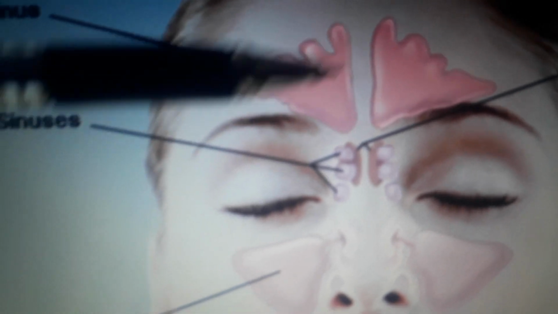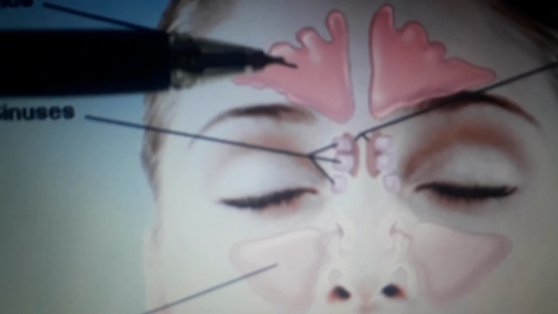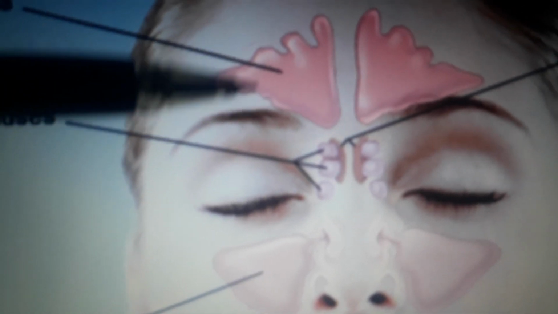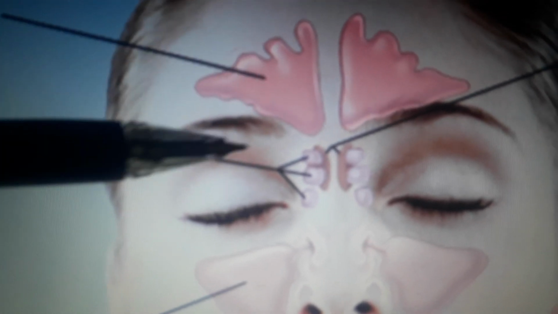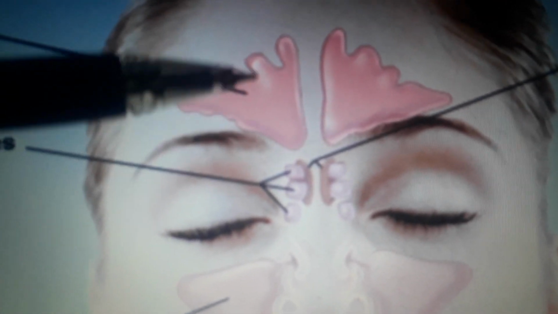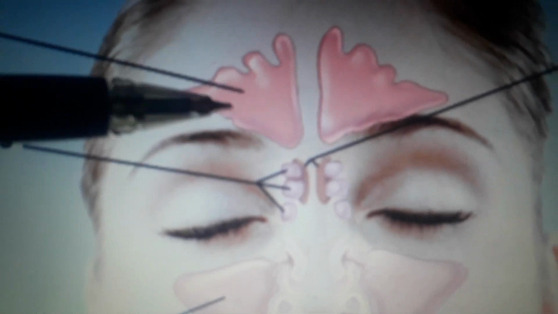Discussing the frontal sinuses. The frontal sinuses are situated in the frontal bone. They are separated from each other by a bony septum. Each sinus is triangular in shape and